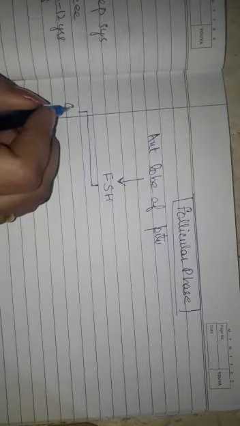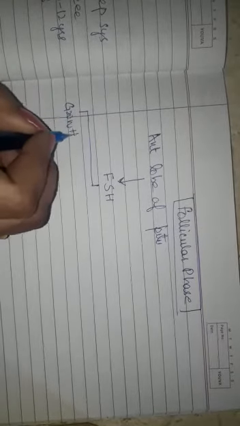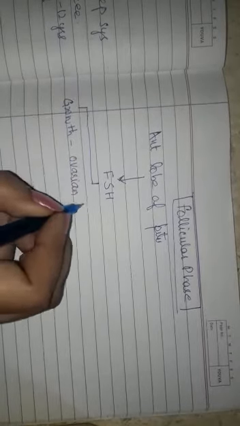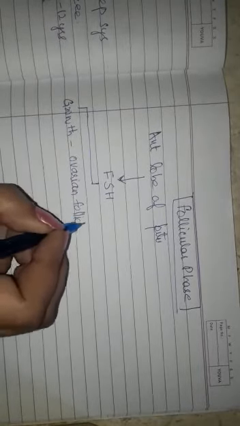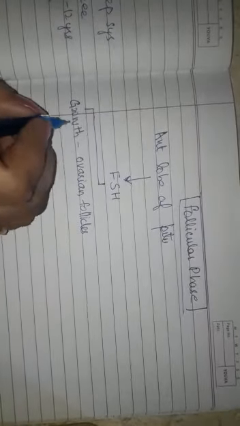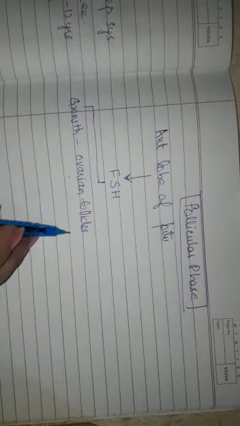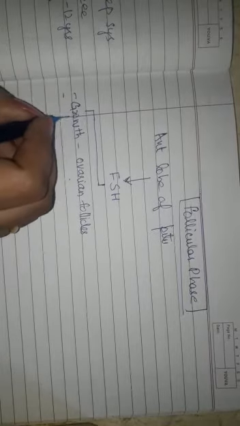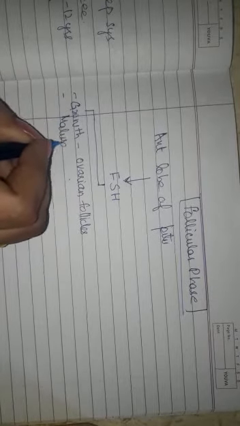It stimulates the growth of ovarian follicles, which are present in the ovary at different stages of maturity. So, growth of the primary ovarian follicles, and it also involves the maturation of